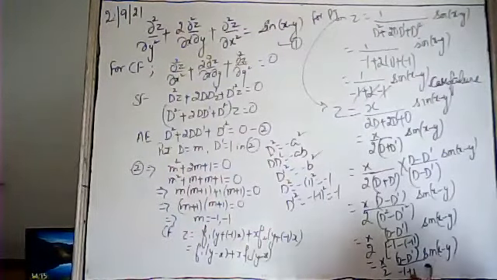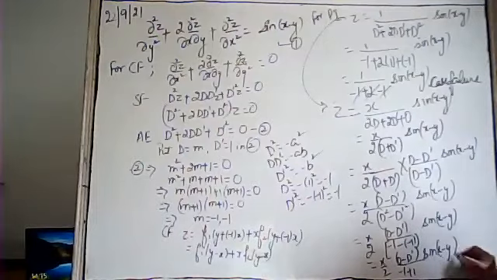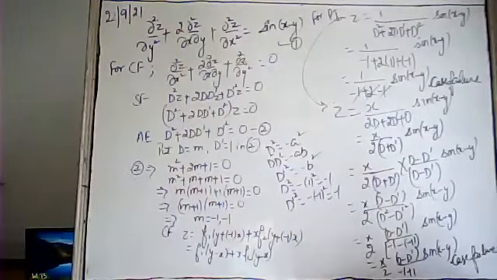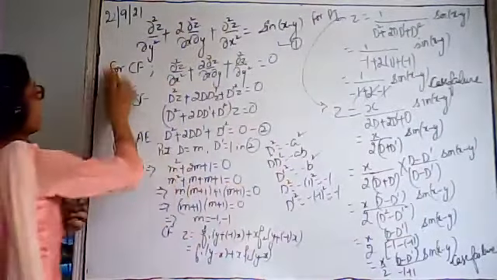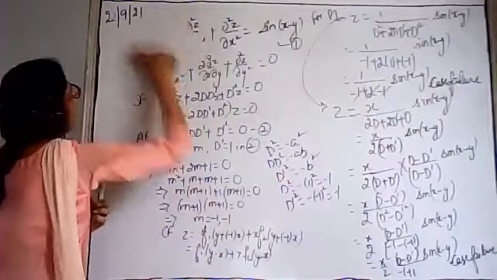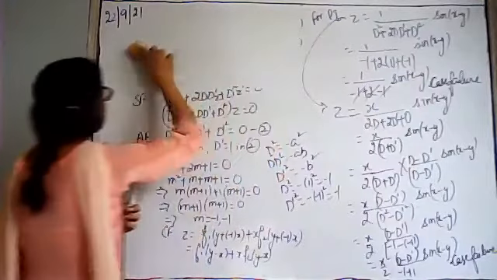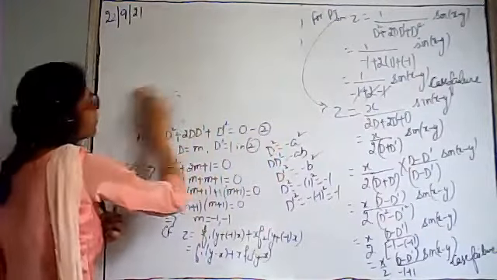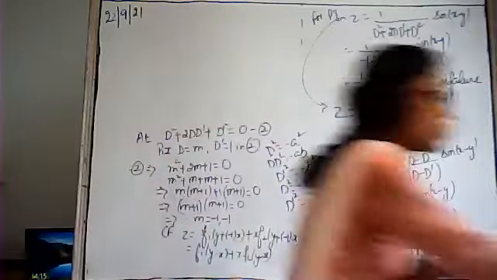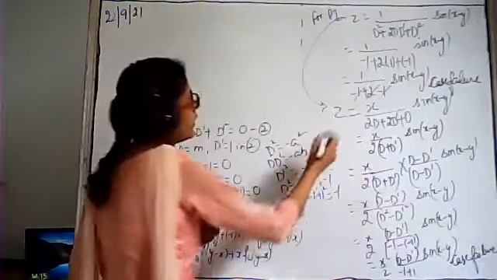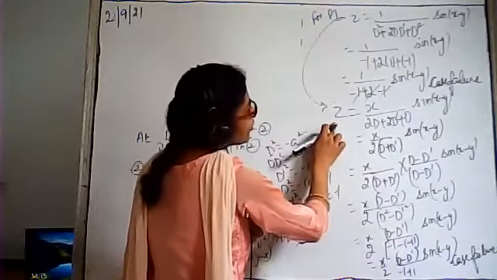Again, in the denominator, we have 0. It means again we have case failure. If again you have the same situation, that is case failure, see what to do. Here we have to write the second particular integral.